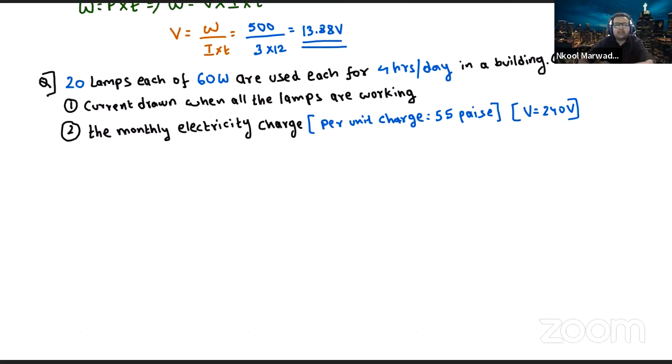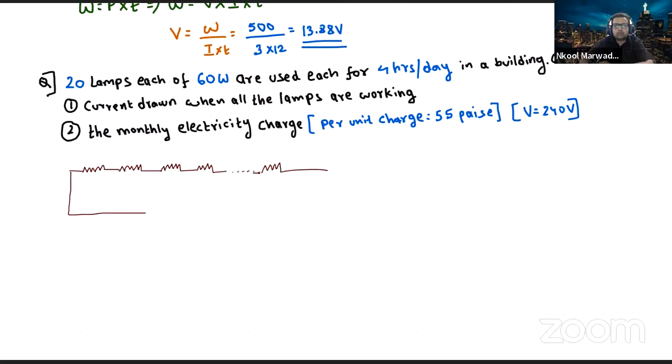Whatever is given to us, let us first visualize it. So 20 lamps are connected. Every lamp is acting like a resistance because it will be dissipating energy. So like this 20 lamps will be there, and they are connected to a power supply of